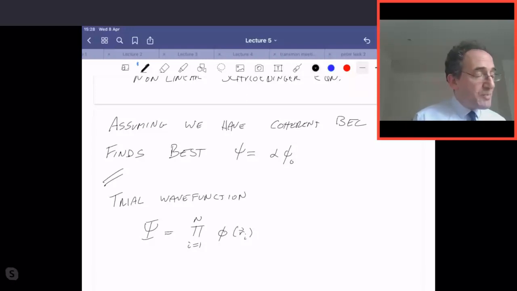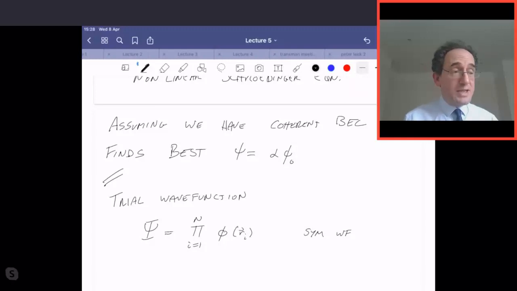Okay, so for some particular orbital phi, we're going to multiply the product of phi for all coordinates R_i. So we're making a symmetric wave function. It has to be symmetric because we're considering bosons. And the symmetric wave function is basically putting all of the bosons in exactly the same wave function. All the coordinates are in exactly the same